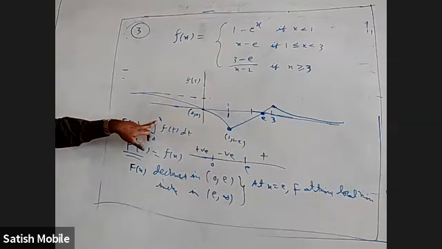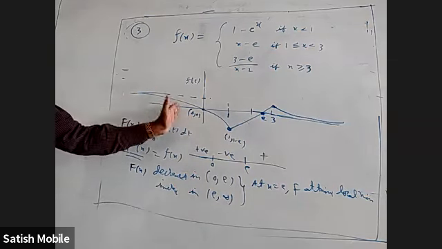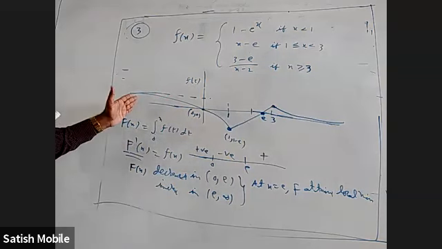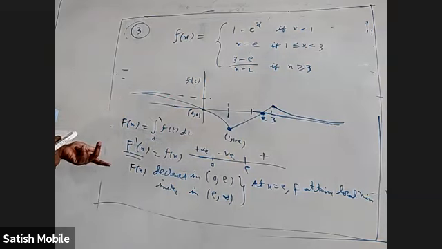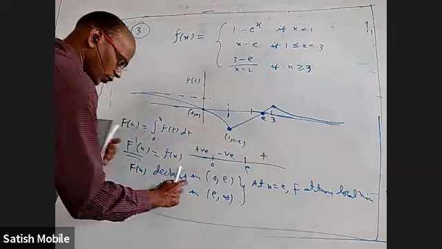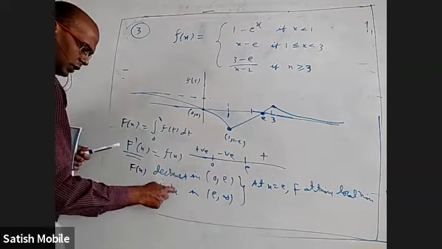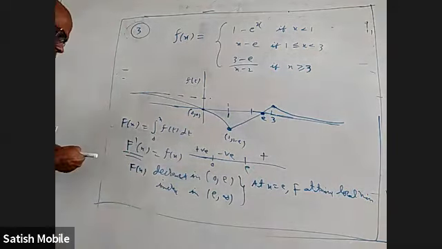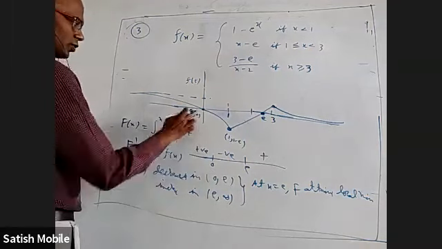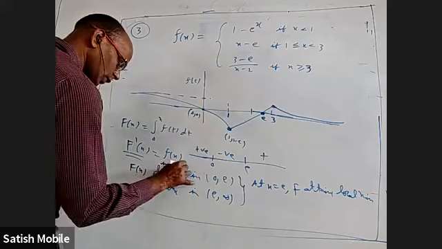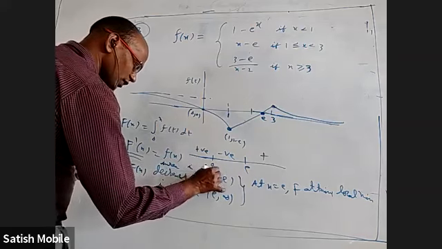Anyway, my x values, I'll take minus 3, minus 2, minus 1. Area wise it is decreasing. With the minus, it should be increasing. Yeah. Okay, I should have written one more thing here. It is decreasing here, increasing here. Even from minus infinity to 0, it is increasing. I should write that also. Because before 0 it is positive, you can see that. So it increases in minus infinity to 0.